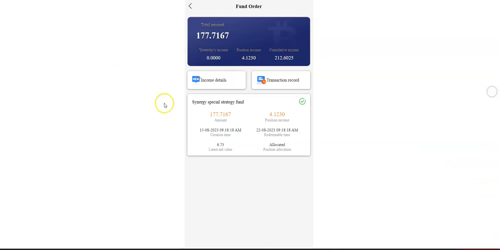Currently, I have staked 177, and so far I have made 4.12 bucks. This stake I've staked on the 15th of August, and it's going to expire in 4 days. In 4 days, my balance, which is this one right here, plus the accumulation profits, will go to